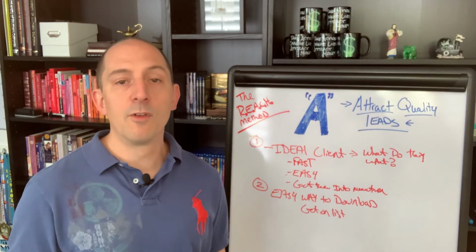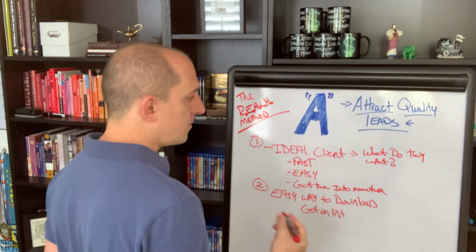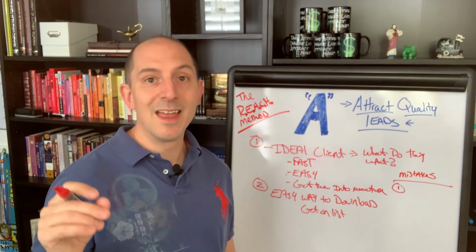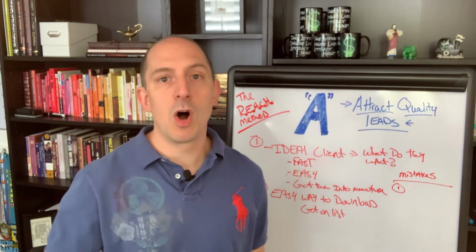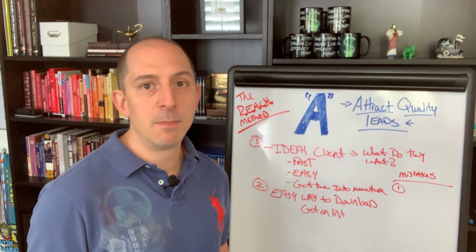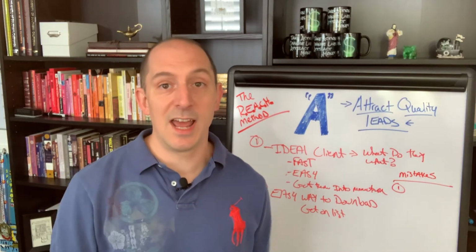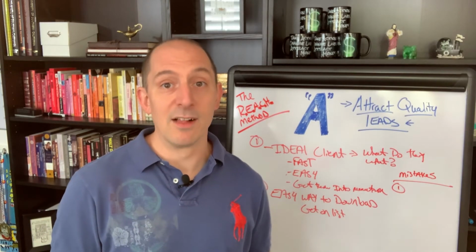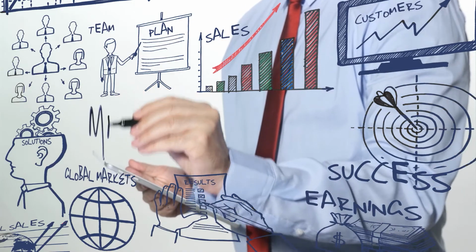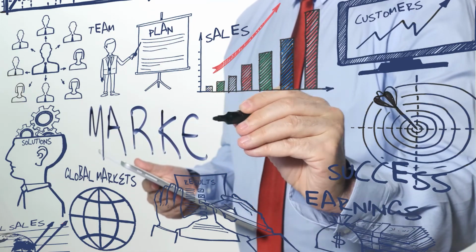Now, I want to go over 3 key mistakes that I see people make with this. Mistake number 1 is that they make their lead magnet too long and too hard to follow. This is a trap that I've seen people do. One of the clients that I was working with decided to launch a 30-day lower your blood pressure challenge. That's a difficult challenge. It's too long. It doesn't get them a fast result. You want it to be something quick and easy that gets them something that they really want.